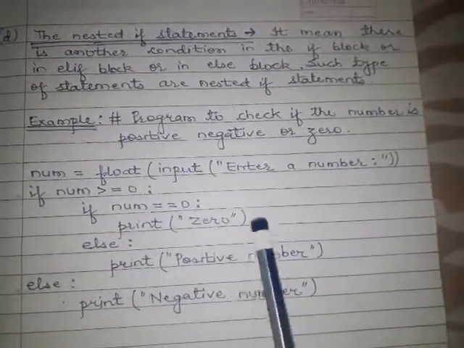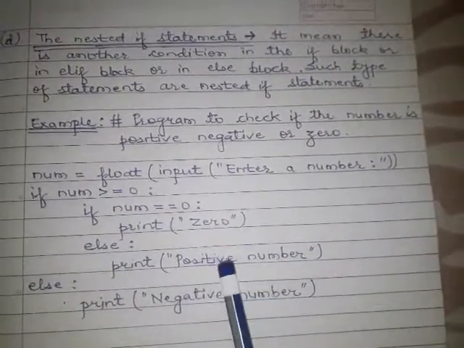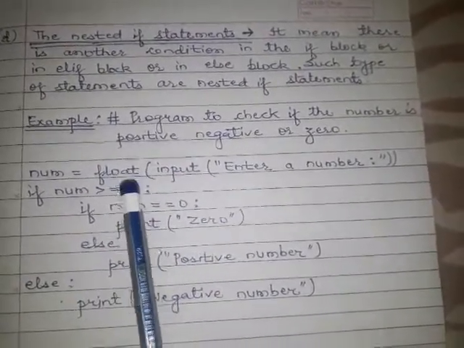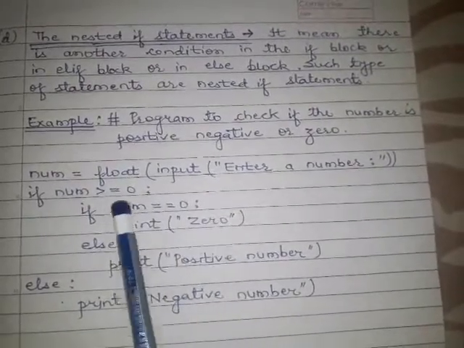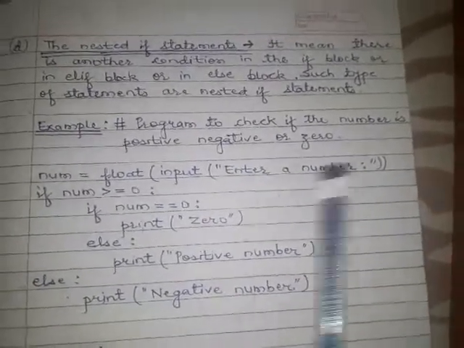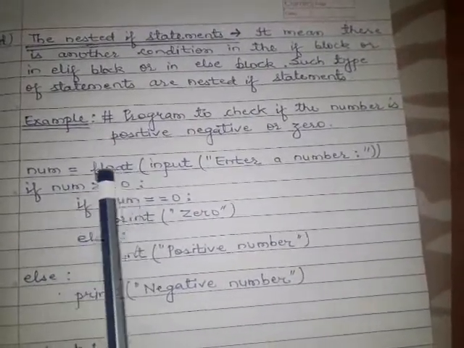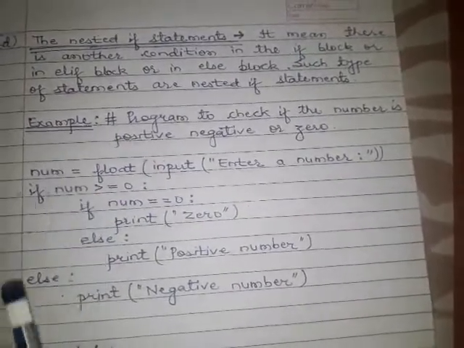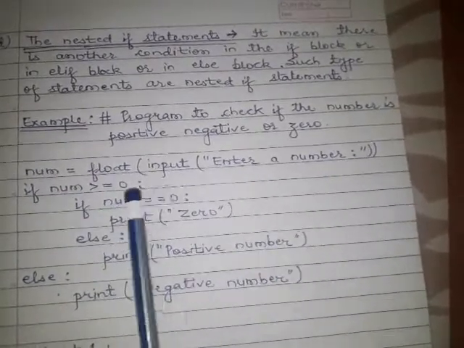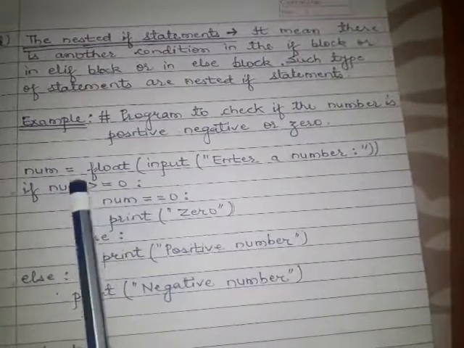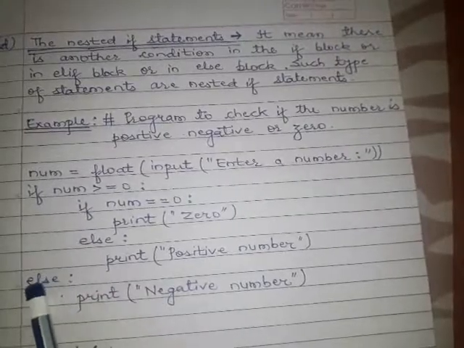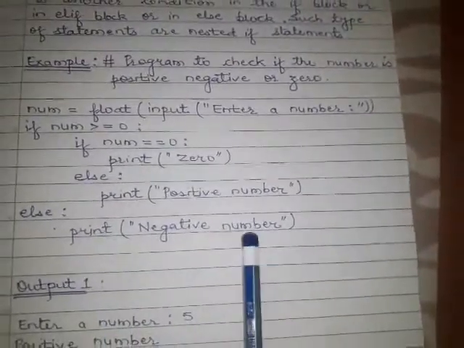So here we check two things, whether the number is 0 or positive, because we have entered by checking the condition number is greater than or equal to 0. The number can be 0 or positive. For 0, I will check this condition, and if this is false, then the number is positive. If our first condition is false, it means the number is negative, so the else block will be executed. All these statements are not going to execute because this is false. If this condition is false, it will always go to its else part. The else part will print negative number.